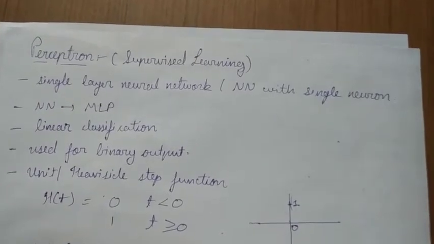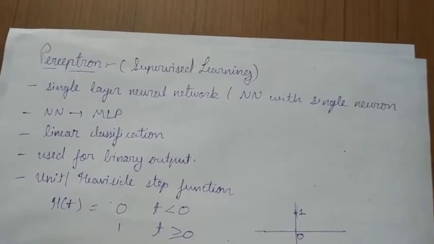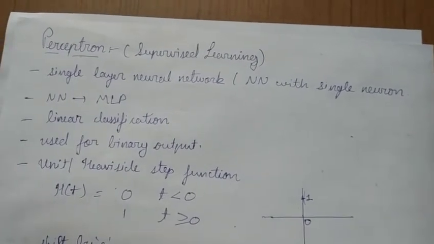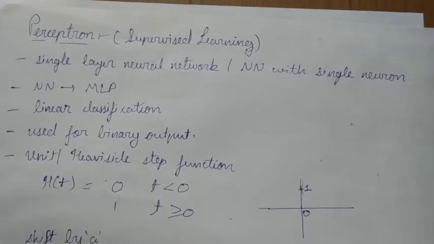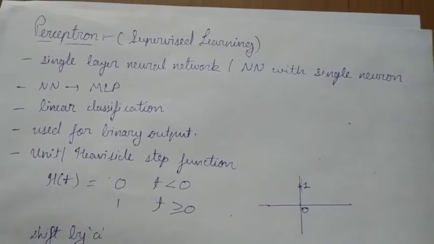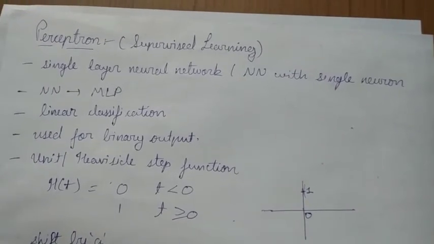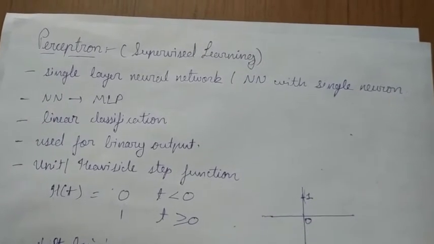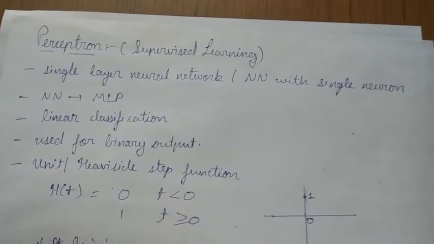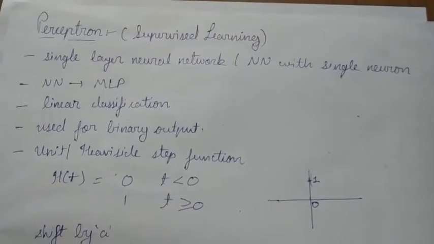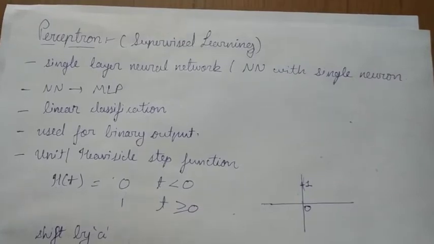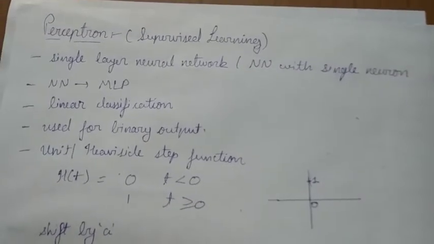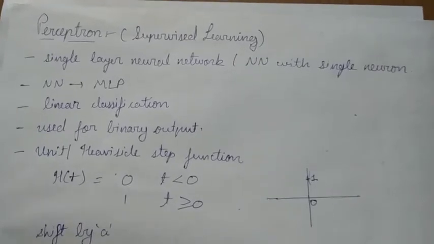Today we are going to see the perceptron and its learning rule, which comes under supervised learning. Generally these two terms, perceptron and neural network, are quite confusing. So first of all, let us see the difference between the two. We can define a perceptron as a neural network with either a single layer or a single neuron, and vice versa. Expanding this term, any neural network is a multi-layer perceptron.